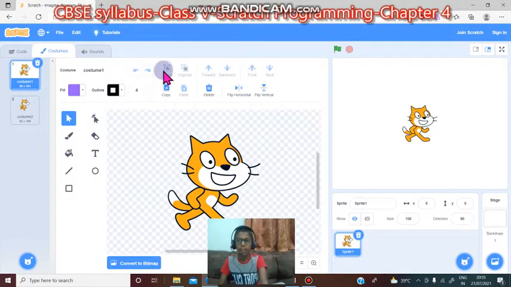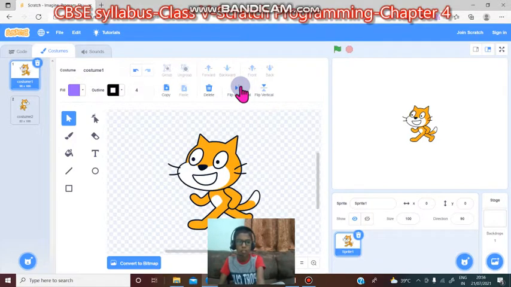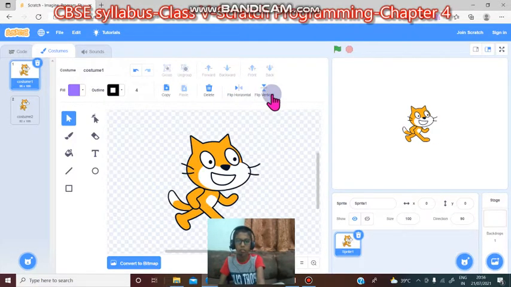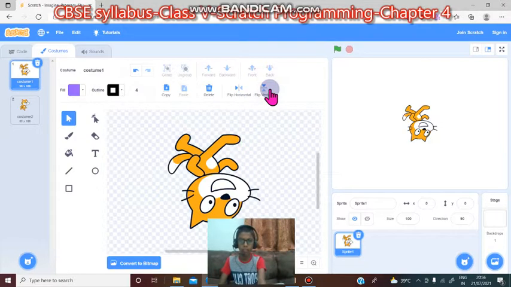You can group pictures and you can ungroup pictures. You can go forward and backward. You can go front and back, forward, backward, front, back, so that it allows you to see what's behind it. You can delete. You can flip it horizontal, like it's flipped horizontal. You can flip it vertical,